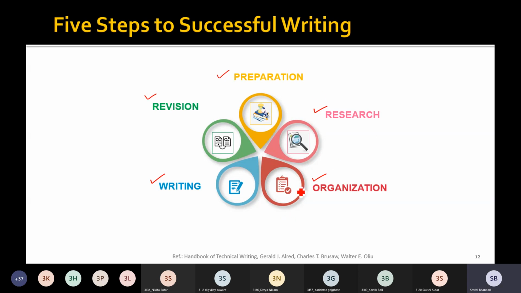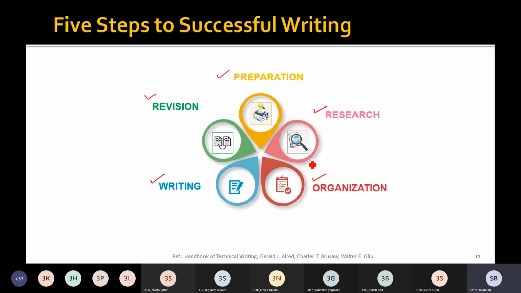But many times it happens that whenever you go for research, you come across lots of literature or lots of material. And after reading that, you may realize that you need to revise your initial understanding of the document's purpose and the audience.